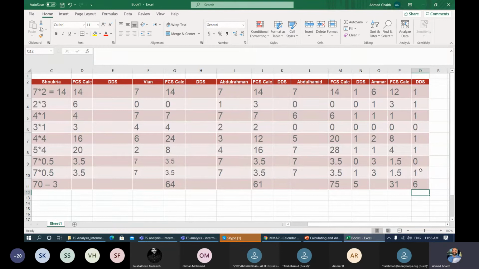Okay, so everyone is saying that Ammar has a higher dietary diversity score than Abdul Hamid, though the score shows that Abdul Hamid has a better food consumption score than Ammar. Yeah, bizarre. So this is important to note that